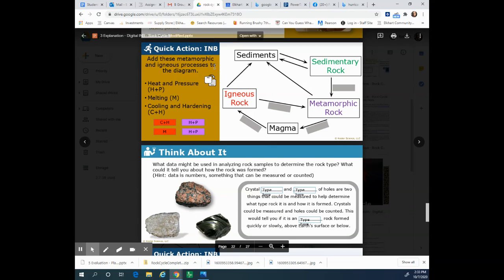All right. So let's talk about our quick action real quick. We're going to add the metamorphic and igneous rock processes into the diagram. We have heat and pressure, which is H plus P. We have melting, which is M. And then we have cooling and hardening, C plus H. So let's start with